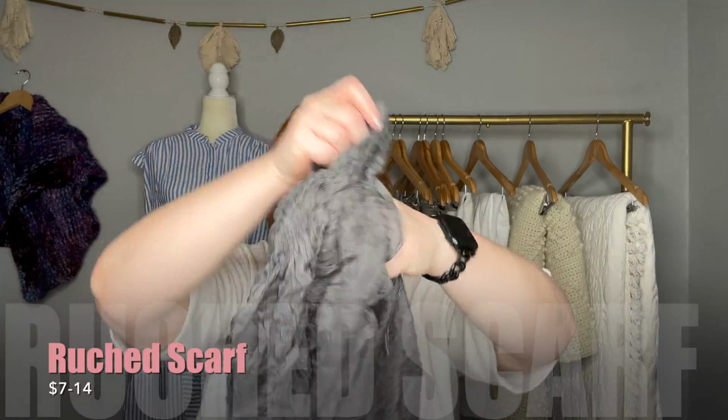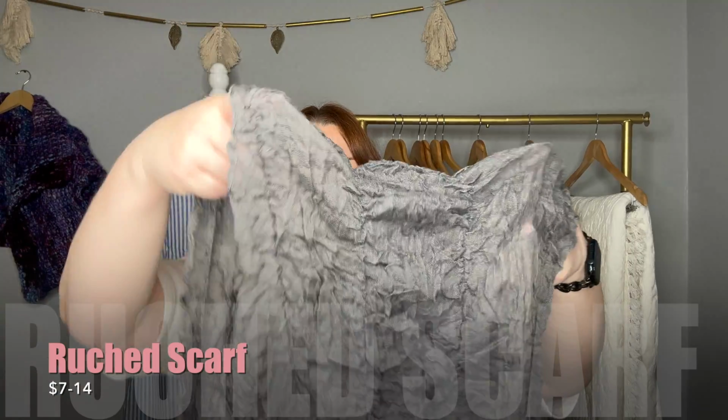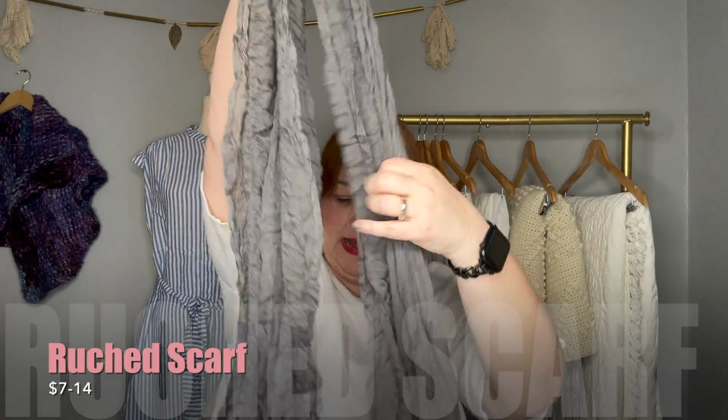gathering, shirring, however you want to call it. I called it ruching all throughout, and I think that little bit of ruching just gives it a bit more texture. Now this scarf got my attention, and it's gotten the attention of a lot of people in my shop,